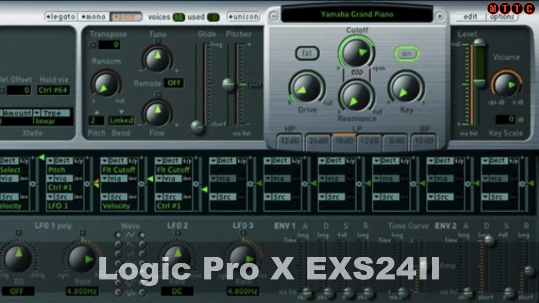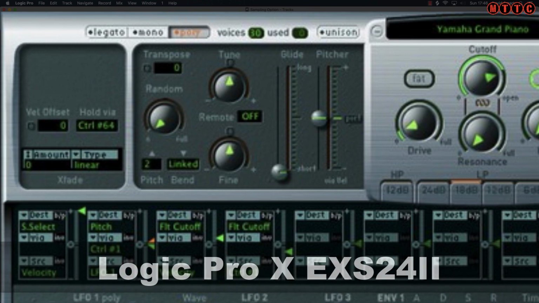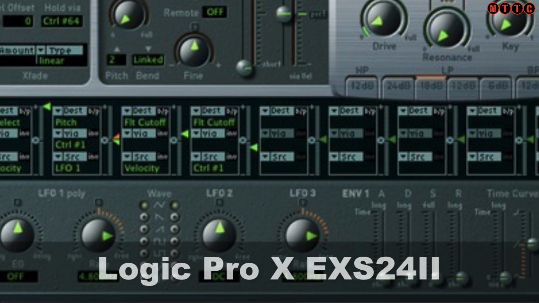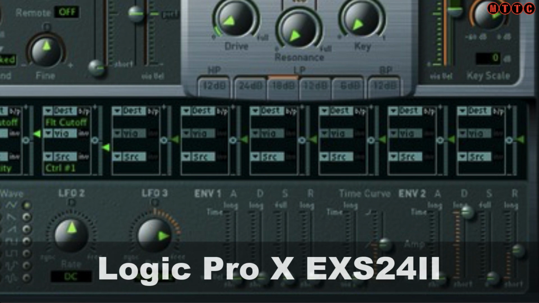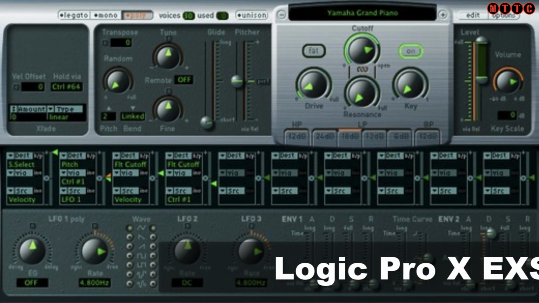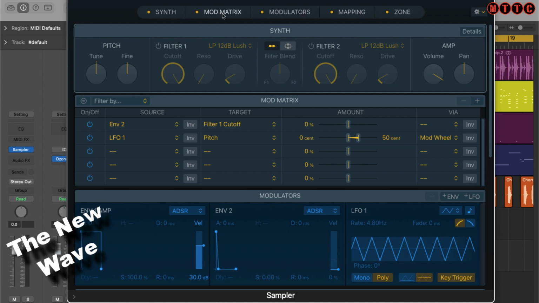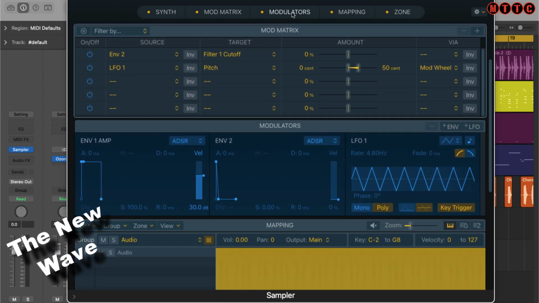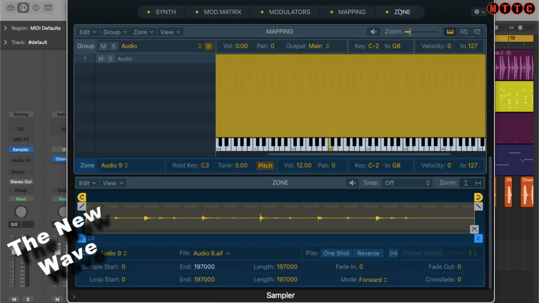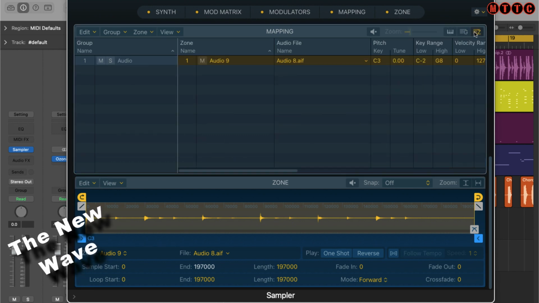Now, if you have been using Logic Pro X, just like me, for several years, the EXS24 has been a very powerful sampler for at least 2 decades, built right into Logic, and it's enabled us to manipulate samples directly within our DAW. Importantly, we've had access to a big display to be able to edit parameters. Now, in the release of Logic 10.5, Apple launched a new wave of samplers for Logic, and these have been absolutely fantastic and taken sampling in Logic to a brand new level. If your only sampling option in Logic is the EXS24, then you really are missing out, because this new range of sampling tools, which we're going to cover today, are an absolute must in terms of saving time, efficiency, and just power. So that's the plan for today.